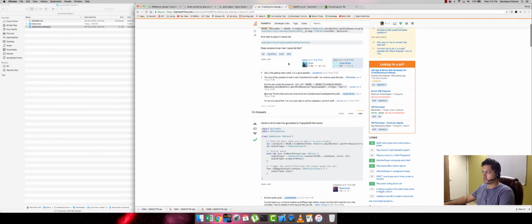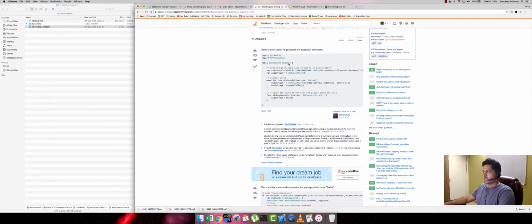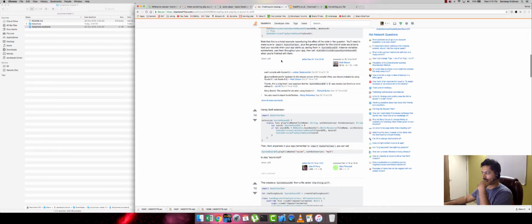So there is an Objective-C code which is there, so I'll skip that because we are using Swift 4 now, and Swift is very different from Objective-C. And I'm going to look at this. So there is a code somebody has written where you have to import a library called AV Foundation. I want to look for something which is a little cleaner than this,